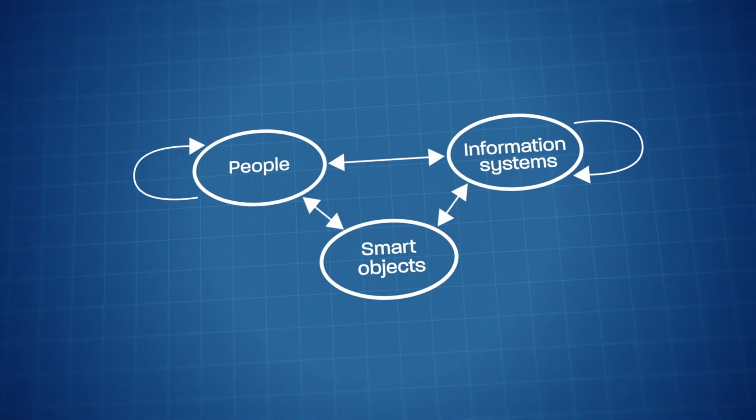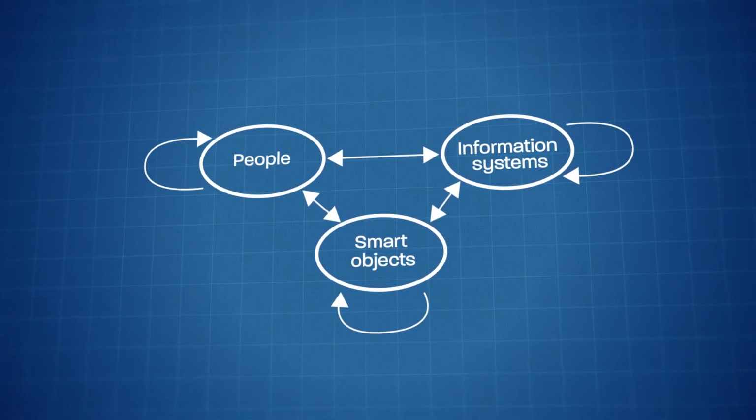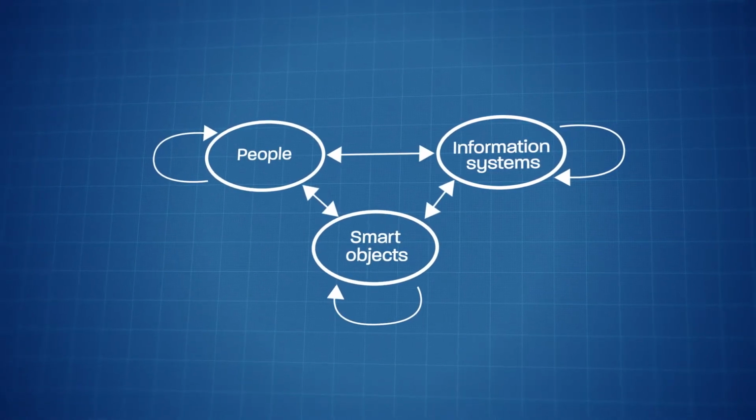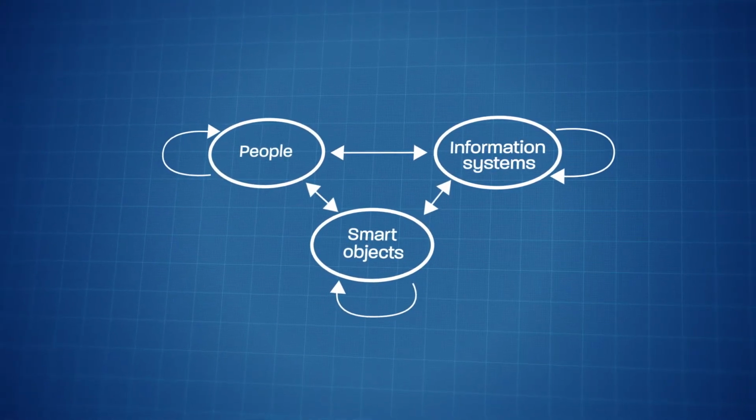But the first thing we see is that when we have 3 different entities, we go from 2 to 3 entities, but from 4 to 9 connections. We have the 2 ways of connecting information systems and people and objects to information systems. And then the self-connections of people, objects, and information systems for a total of 9 possibilities, more than double compared to the Internet syntax. It is this new syntax that shows us that the Internet of Things requires a different model than the Internet, because it requires a new entity.